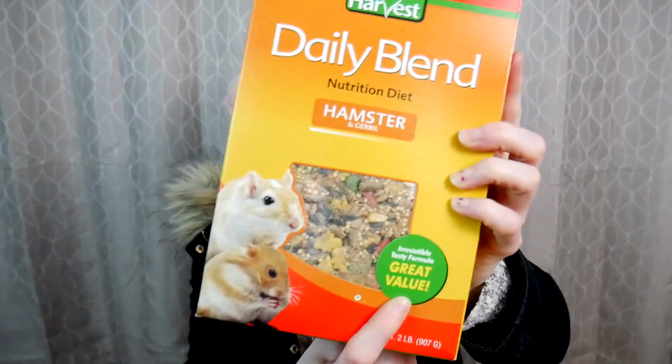These items I may end up returning. I know for a fact that, say for instance, the Daily Blend, Wild Harvest, Nutrition Diet Hamster and Gerbil, Irresistible Tasty Formula, great value. This stuff right here, I am definitely going to be returning. Even if it's a couple bucks, I am returning it just because I am going to review it, it is not